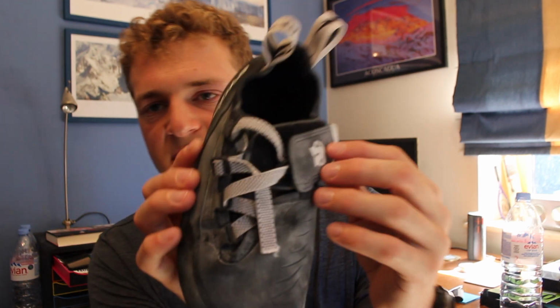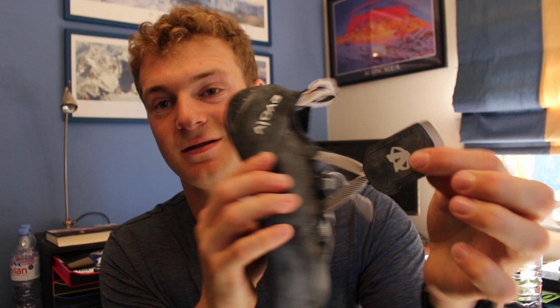Now, they use this 6-point closure system here, which is a bit of a nightmare, to be honest. The idea is that you adjust it and faff around with it in your first session, which takes a bit of time, but then after that you shouldn't have to touch them again. I've got really high arched feet, so I was having to loosen them off and adjust them all the time to be able to get them on and off my feet. It ended up being that I kind of had them slightly looser than what they needed to be, and then I just cranked them up really tight, which unfortunately was the downfall of them, as the closure system snapped on me,